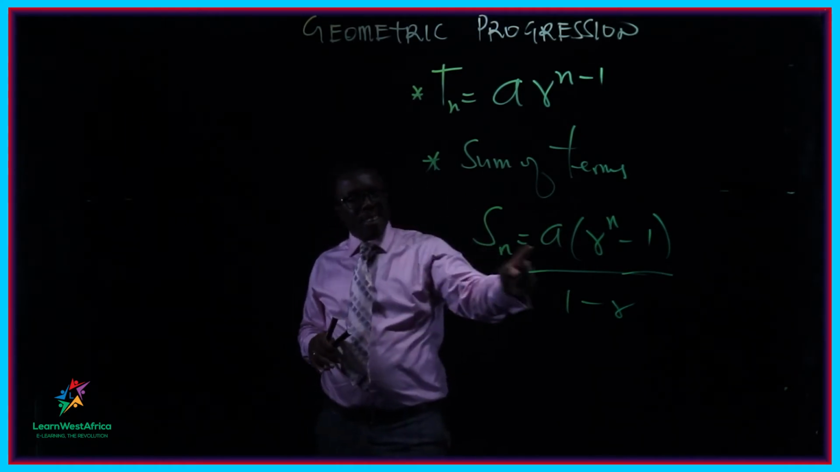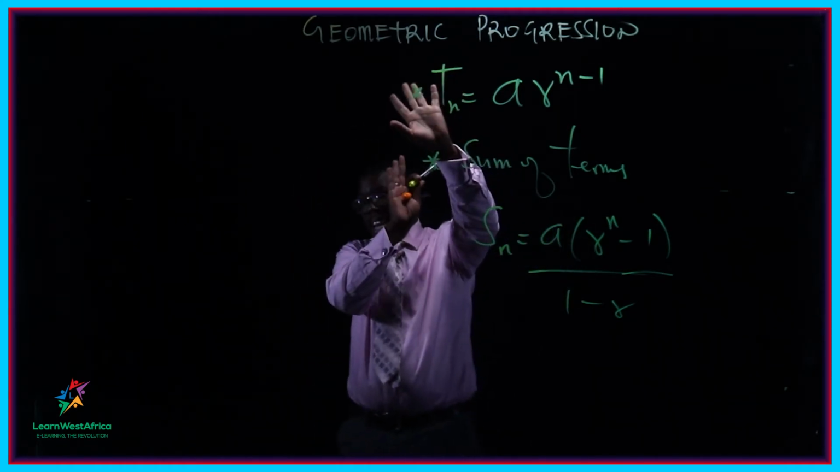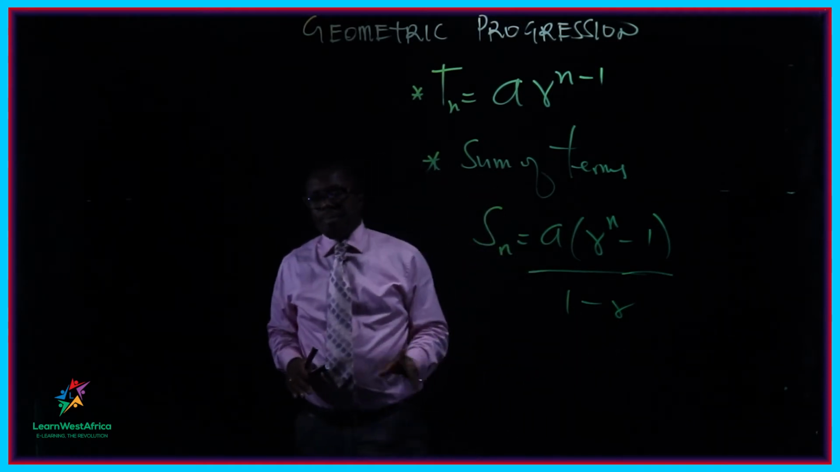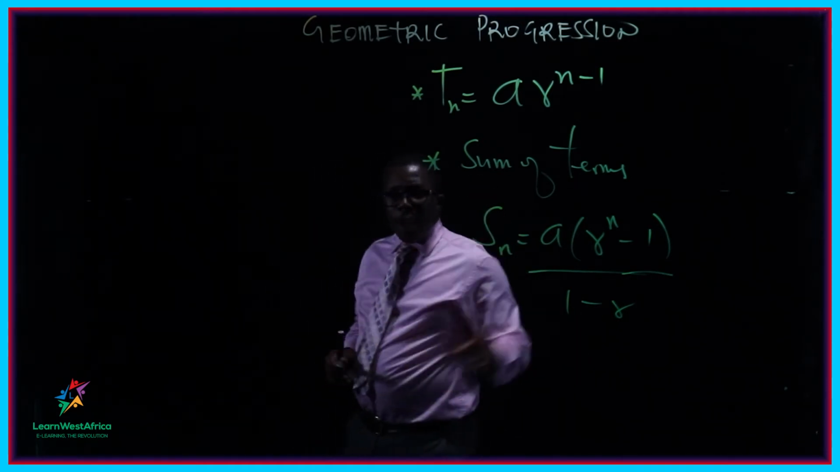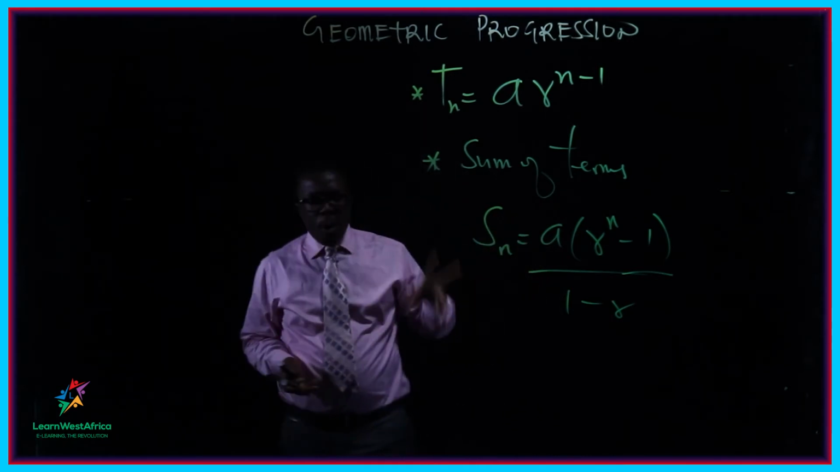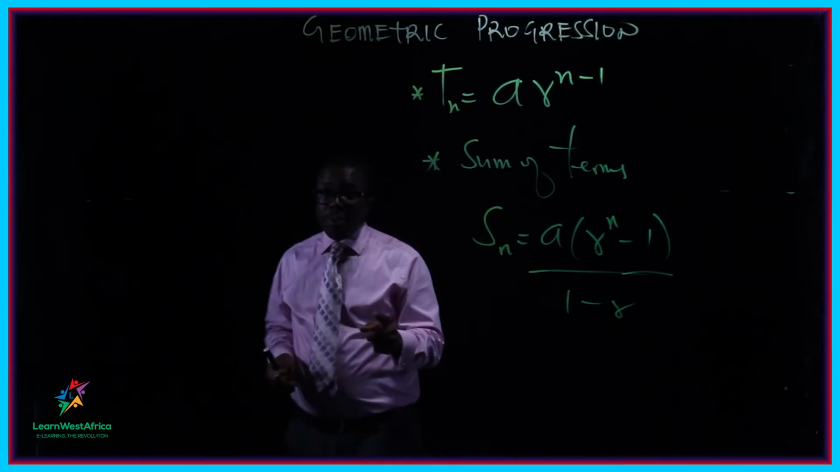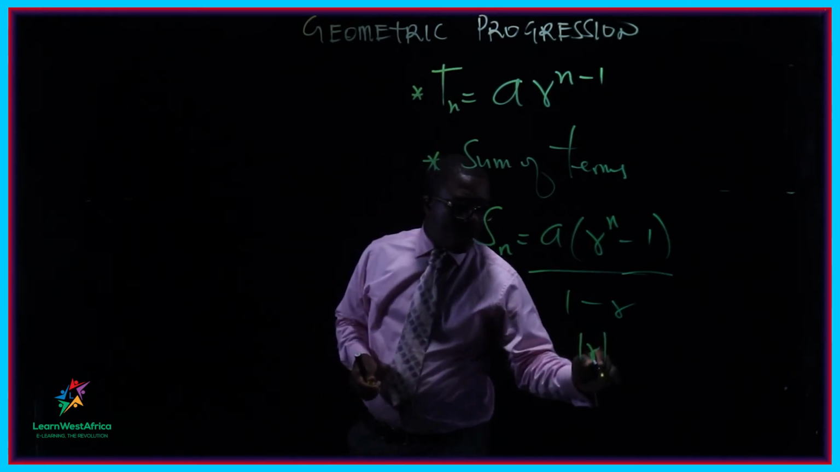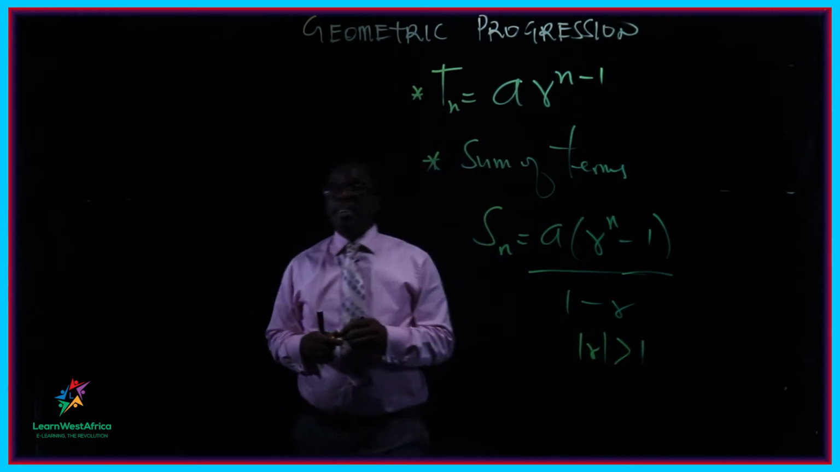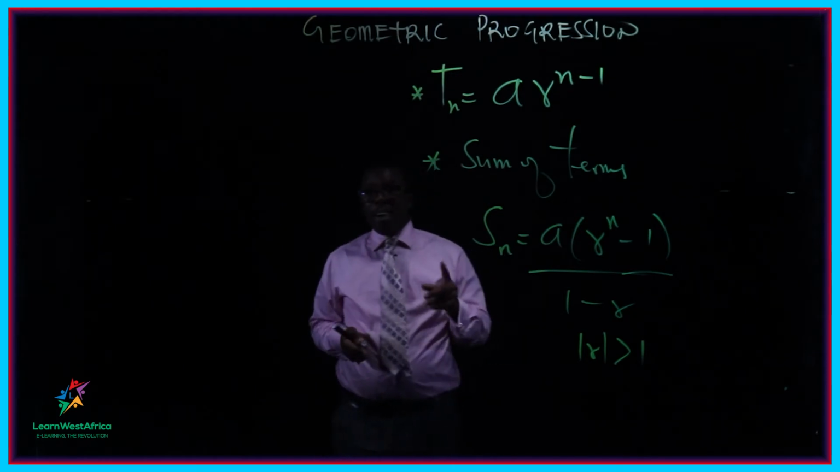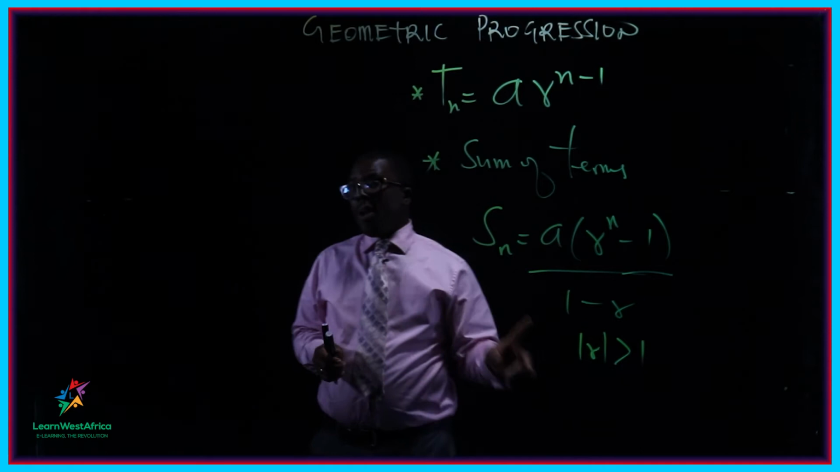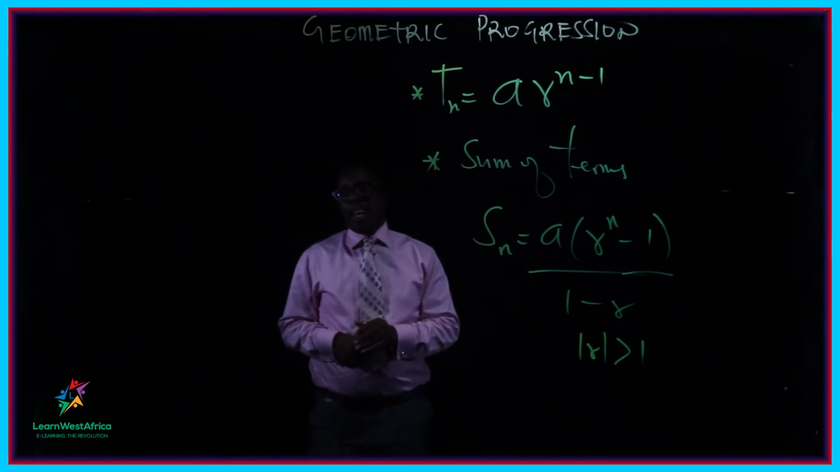Please keep that. It is R to the power n, where n is the exponent, minus 1, all over 1 minus R. Another point to note is that we use this sum when your common ratio is more than 1. So sometimes we say that the absolute value of R is greater than 1. Okay? So if the common ratio is greater than 1, this is how you will find the sum of the